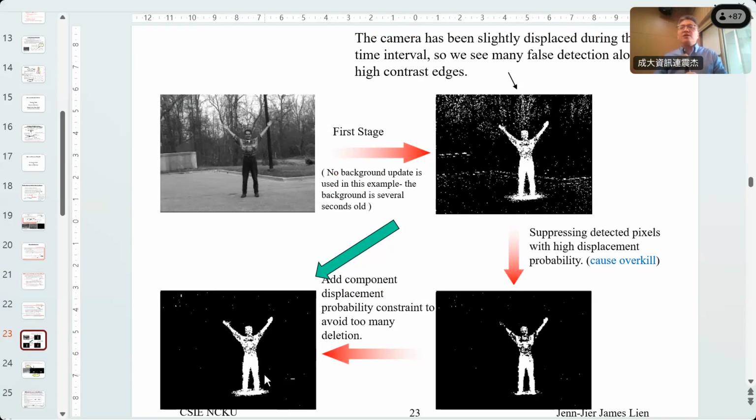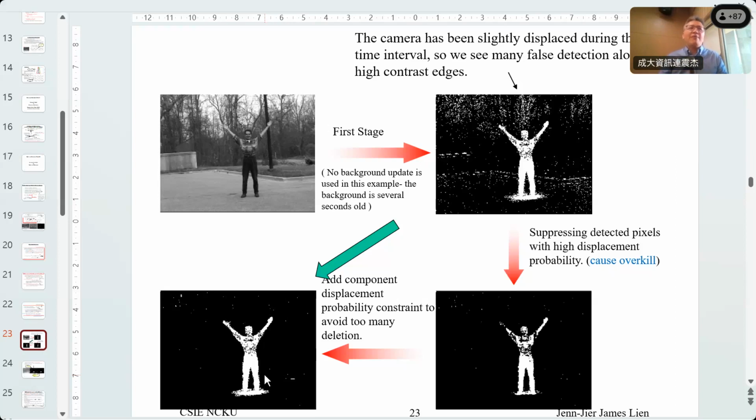What I do is, for these 9 by 9 pixels, I multiply them together. Suppose only 1 pixel is foreground and there are 8 background pixels. Multiplied together, the value is high because the background probability is high. So in this situation, the probability is high, so I will keep this pixel. I cannot delete it. If I multiply them together and the value is low,